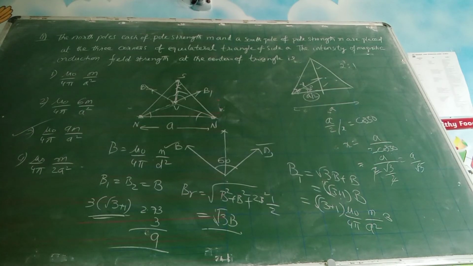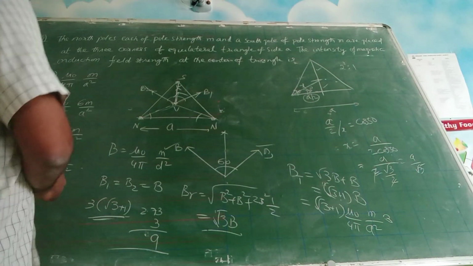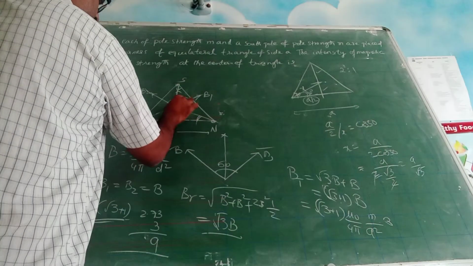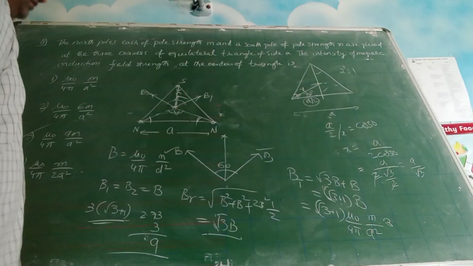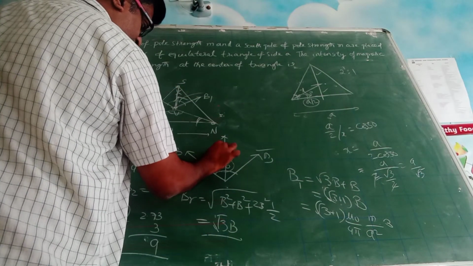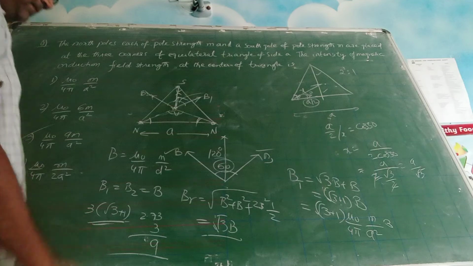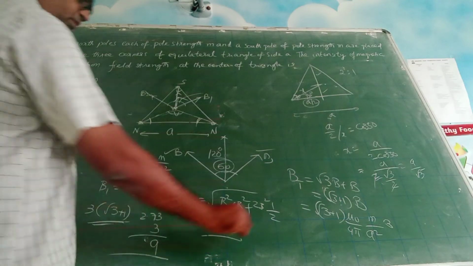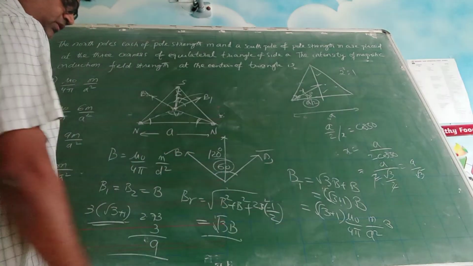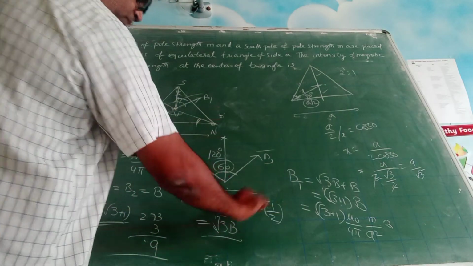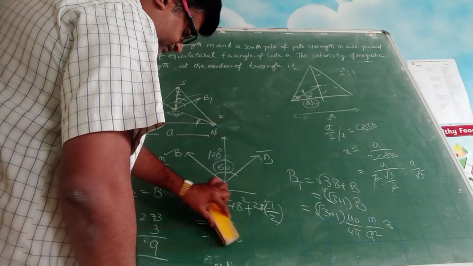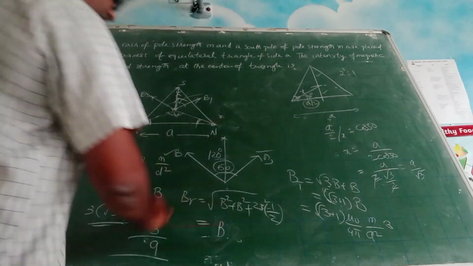Actually in this question, you see here, this is 30, 30, this is 120. So these are mutually opposite angles. So this angle will be 120. So this is 120 actually. Okay. So if this is 120, here you will get cos 120. Cos 120 is minus half. So it is 1 plus 1 minus 1. So this will become b actually.